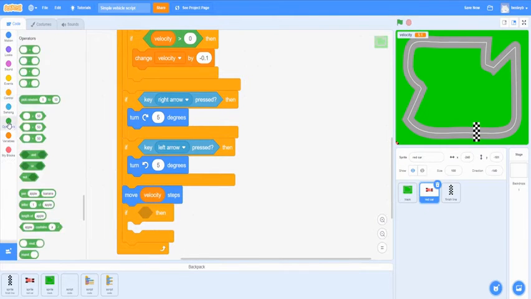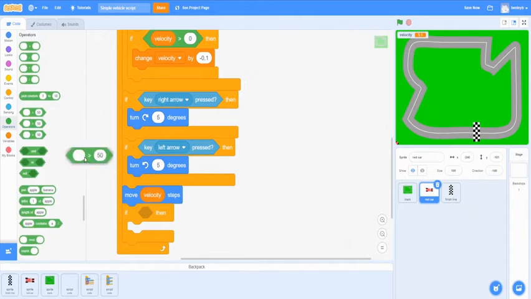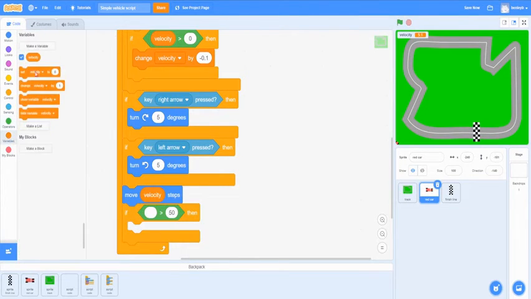Then we're going to want to go to operators and grab a greater than symbol again. And we're going to make the velocity go in this first circle and change this number to 0. And similar to what we did last time, we're going to get our change block and we're going to change it to negative 0.1. That makes it so if the velocity is greater than 0, it will slowly slow down once you let go